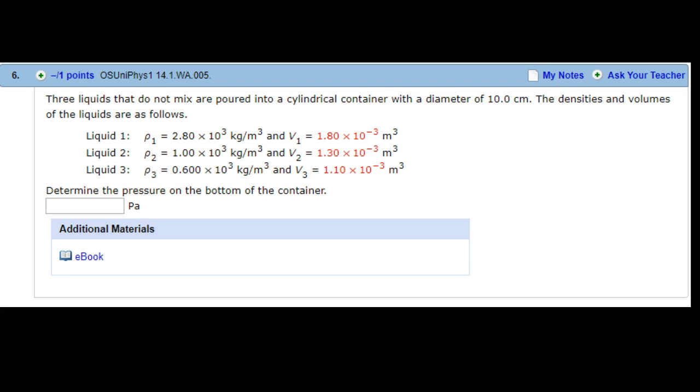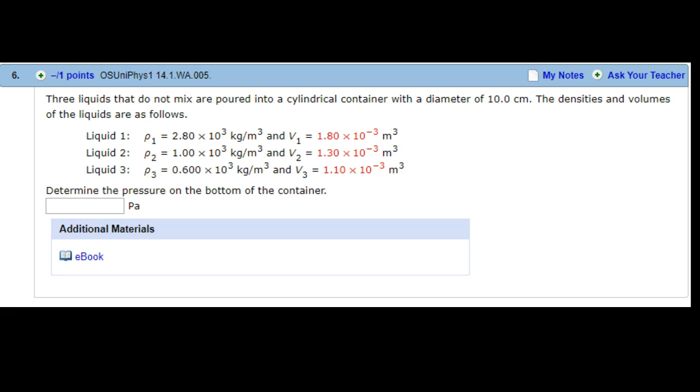Hey guys, so I had a question on two of the problems from the fluid sections, problem 6 and 7. So in this video, we're just going to go over those. So looking at problem 6, we have three fluids that do not mix are poured into a cylindrical container with